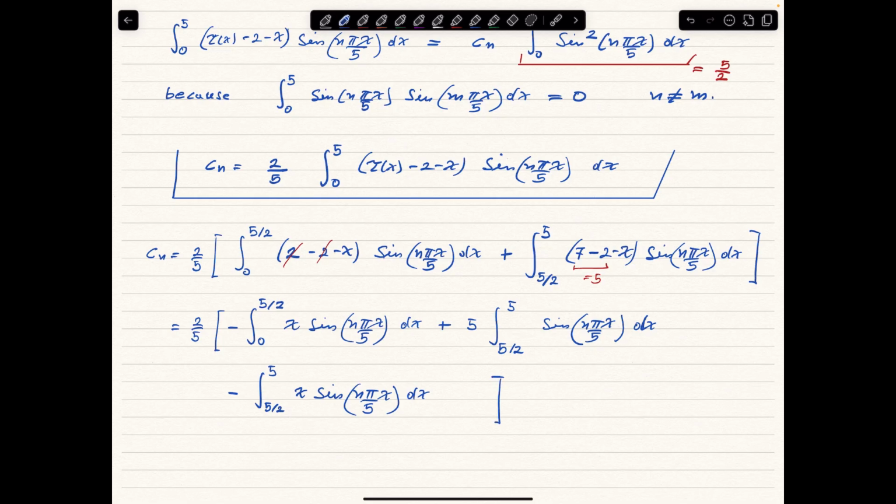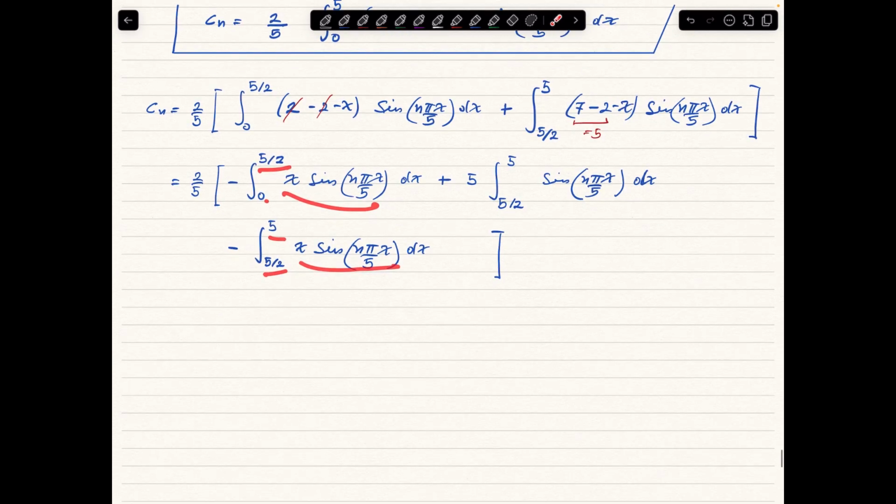Okay, but notice that the integrand here and here are exactly the same, so this integral from 0 to 5/2 of that and from 5/2 to 5 of that can be combined into one integral, and then the formula for the coefficient Cn is a little bit simpler,